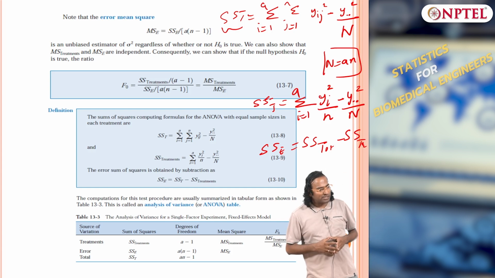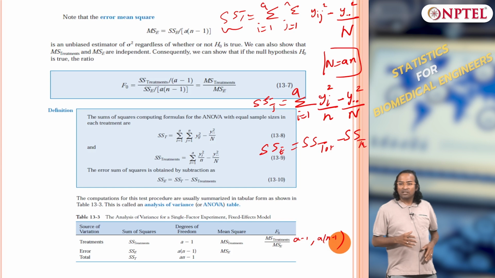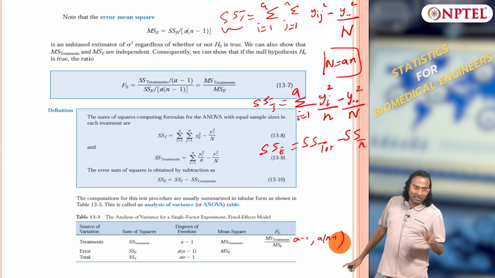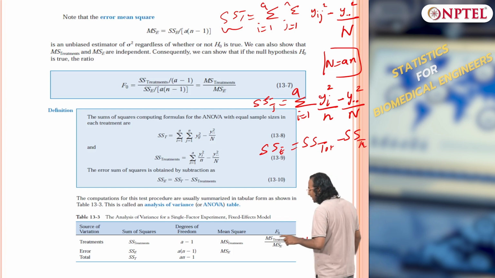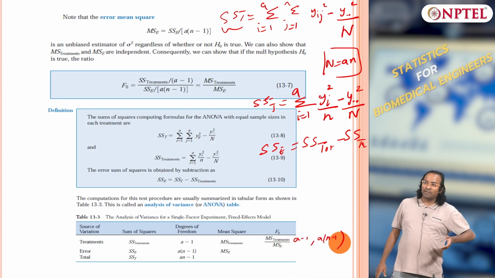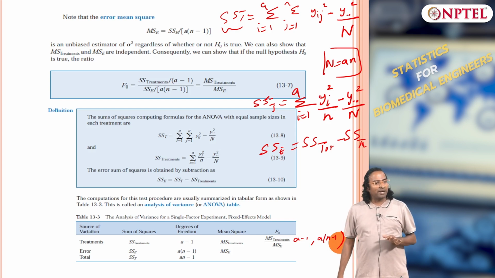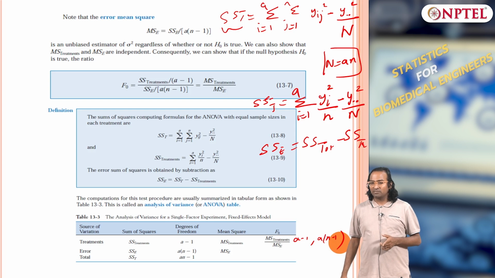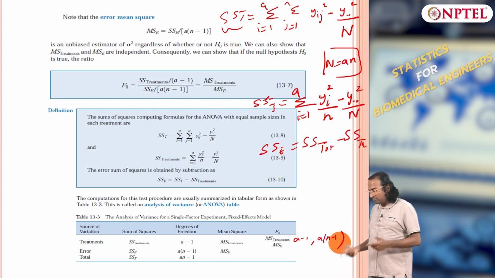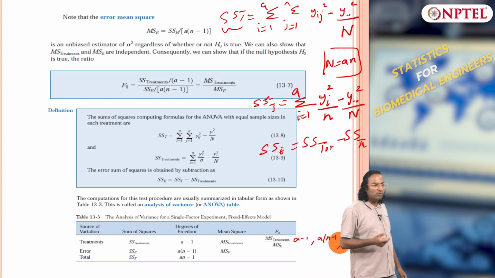That is the first derivation we saw. So the total variation in the data is due to two components, two orthogonal components, that is very important, right. One is the variation due to noise, the other one is the variation in the treatment. The treatment variation is nothing but y i dot bar minus y bar dot dot, that is the overall mean, minus the ith treatment mean, squared deviation, and then within a treatment the variation is mainly due to noise.